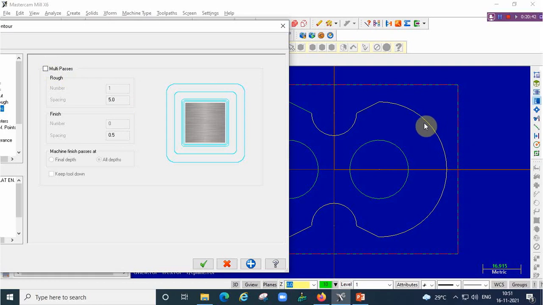That means the cutter, if we give 2 or 3, the cutter will be moving outside of the profile first, then it is shifting, one more time it will move, once again it will shift, third pass only it will move around the profile, we will get the correct one. If we give multi passes 3 or 4, keep tool down to be selected,